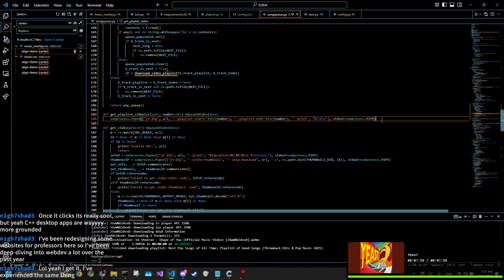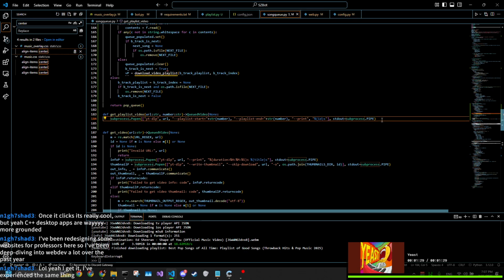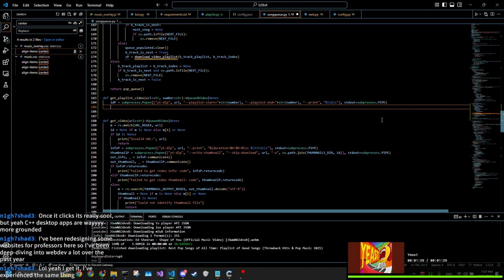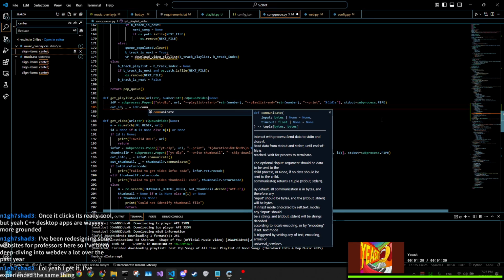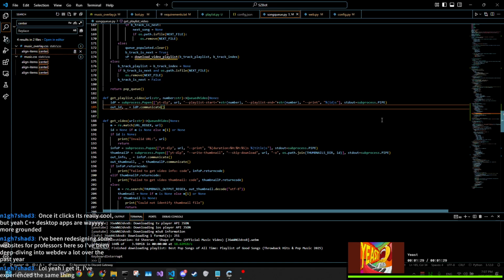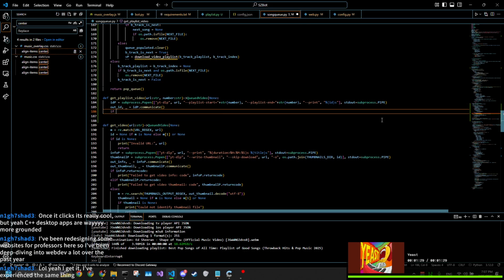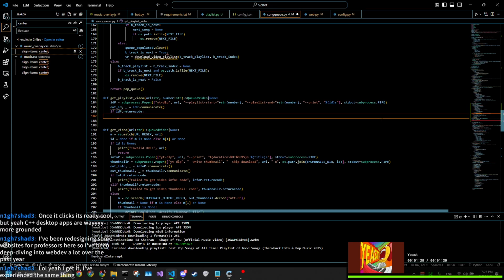Maybe I'll just immediately IDP, and out ID. If IDP dot return code, then I'll return